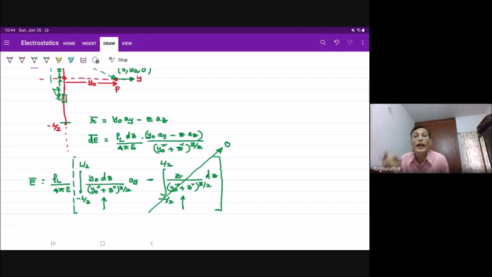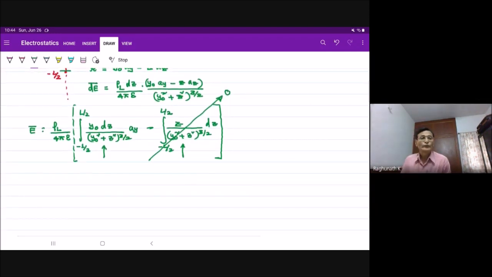And my physical understanding also says that this z component ultimately will not be there at any point on the y-axis. Listen carefully. So we have to now say that there will be only the y component, and that y component can be obtained by integration,